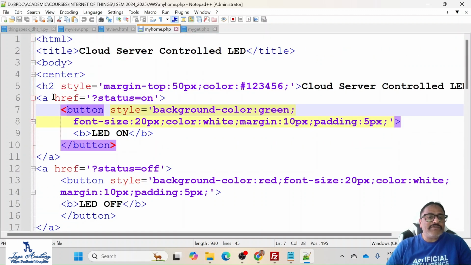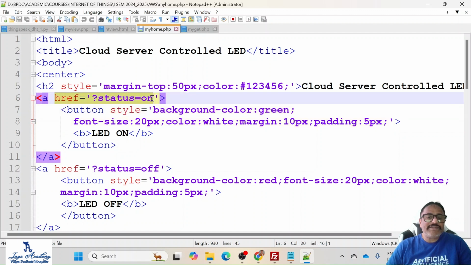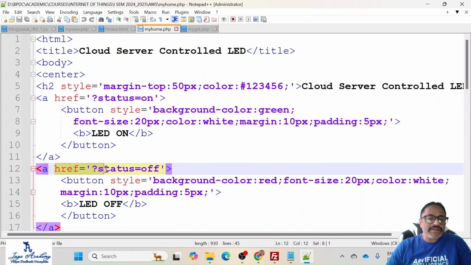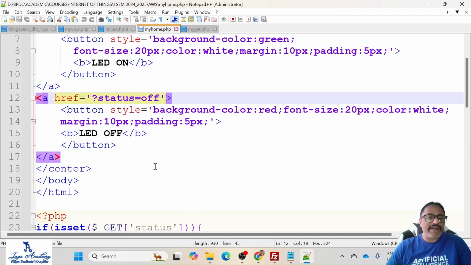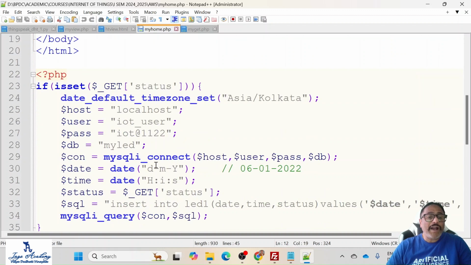Right, so here you see href status is equal to on. Here you see status is equal to off. This is what it is going to send in the get function, using get method, right? See, all these things are beautification. Say font size 20 and margin 10, padding 5, all these things you can just get information from any of the tutorial. What comes next is,